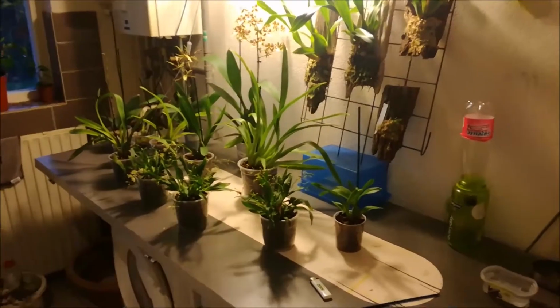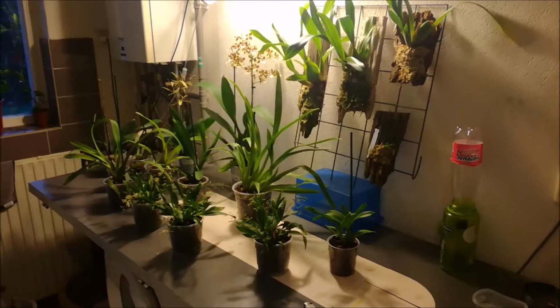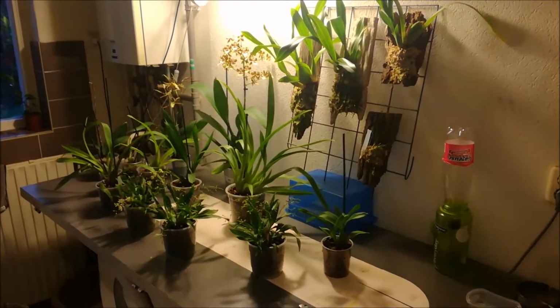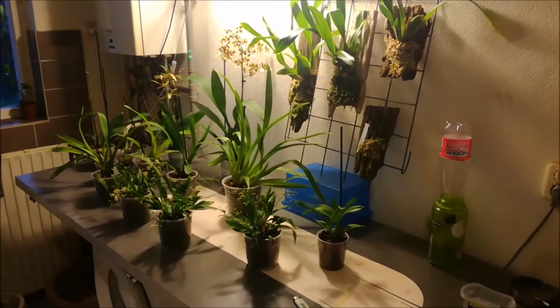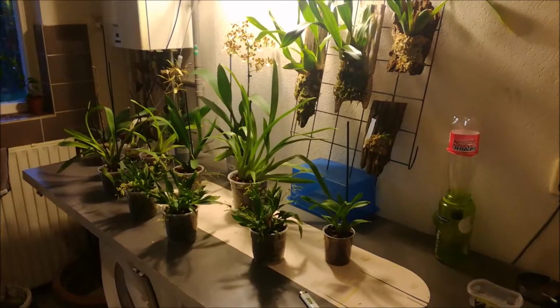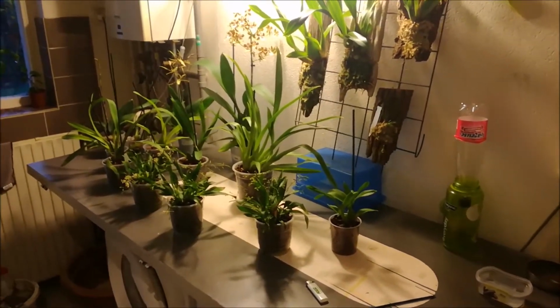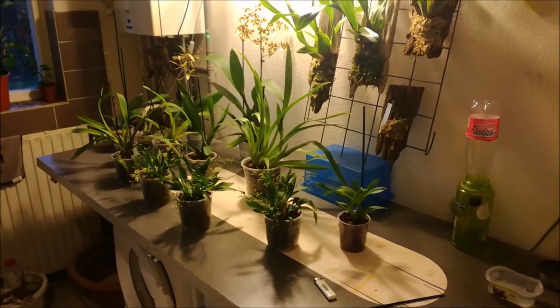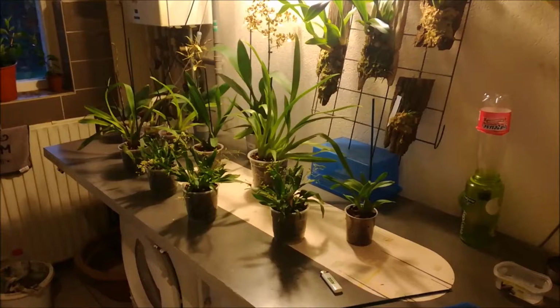She wanted to see my entire collection, and I'm going to show you that by genus. So first up, the Oncidium Alliance. There might be a few in there that aren't really Oncidiums, but it has bulbs, so